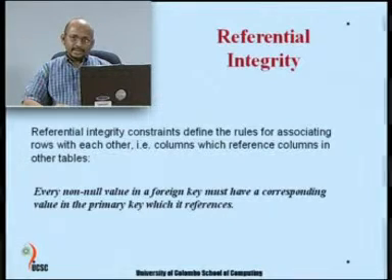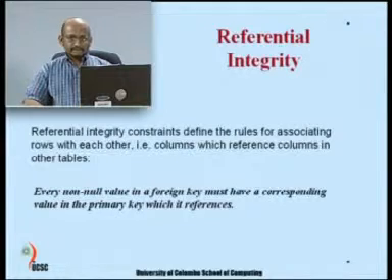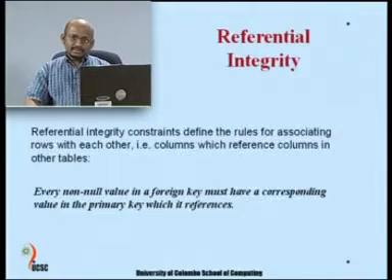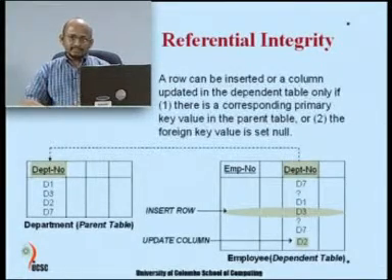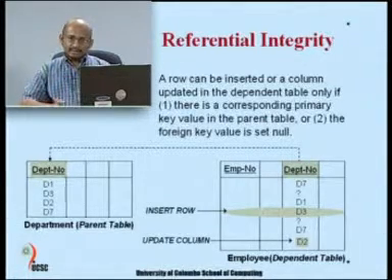Now, the word foreign comes from the fact that you are using a key that belongs to somebody else. So, the key of a table we call a primary key. If one table's primary key is used by somebody else, we call it a foreign key. So, to use somebody else's key, there should be some special situation which establishes a particular relationship. Now, through this example we are showing an employee table and a department table.